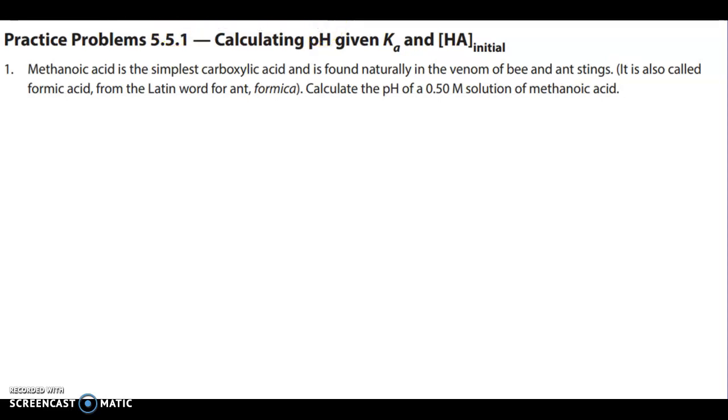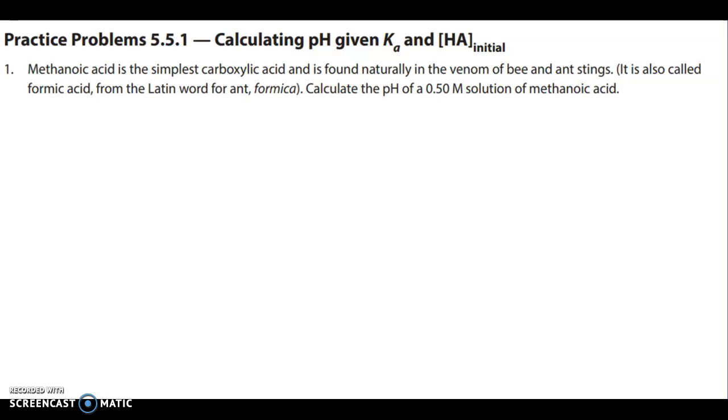Okay, so let's take a look at some practice problems. Remember, at any point in time, press pause, give it a try, and then watch the video to see how you do, okay? All right, so we've got methanoic acid is the simplest carboxylic acid and is found naturally